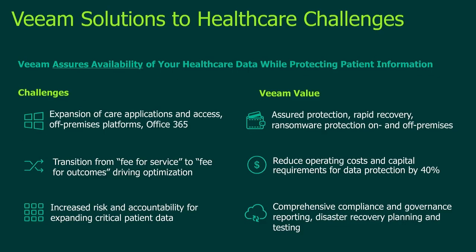A little bit about Veeam and healthcare to start. Veeam has a wonderful track record in history serving healthcare. We have more than 20,000 healthcare customers around the world, and we protect more than 250,000 clinical applications globally in the healthcare space. And we've done that by building a solution portfolio that maps extraordinarily well to the needs of